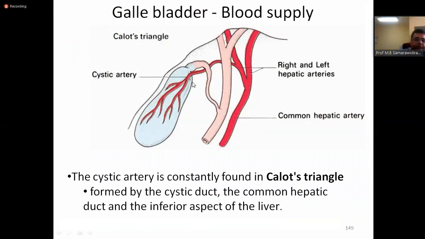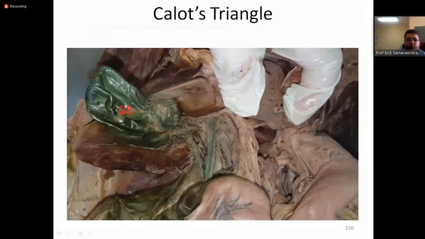Gallbladder. So you have to know the parts of the gallbladder and the blood supply I have told you, and this is the Calot's triangle, which is bounded by the inferior border of the liver, the hepatic duct, and the cystic duct, and within that you can see the hepatic artery. So to identify the hepatic artery, you should know the surface marking of Calot's triangle, which is important especially